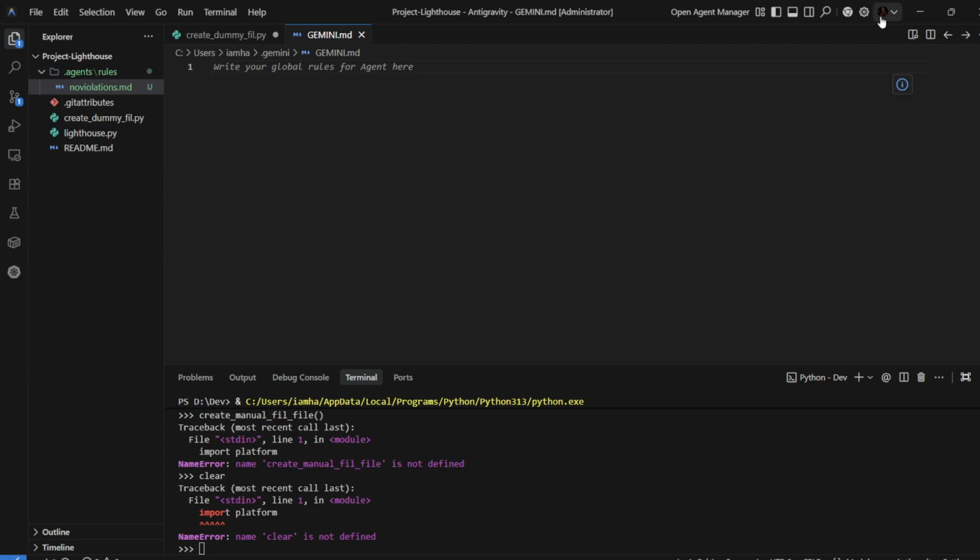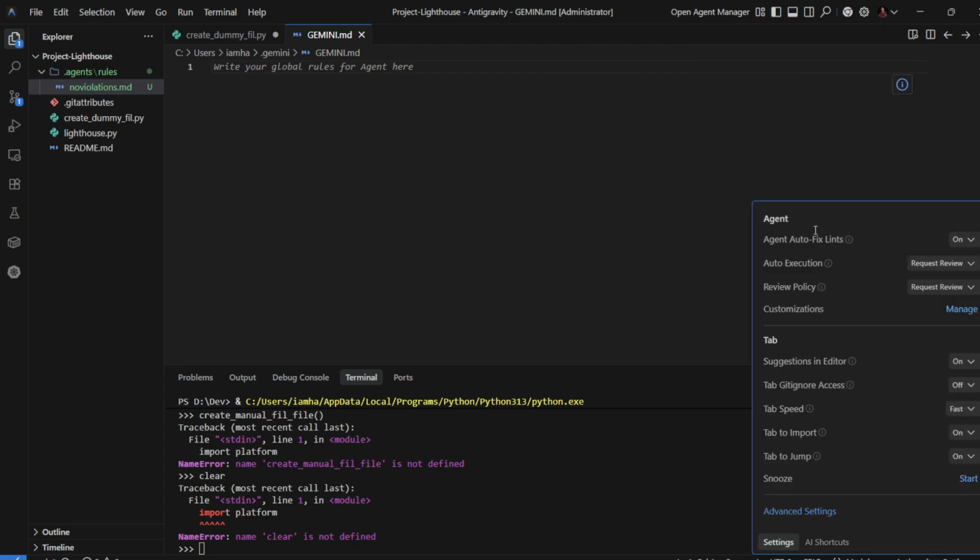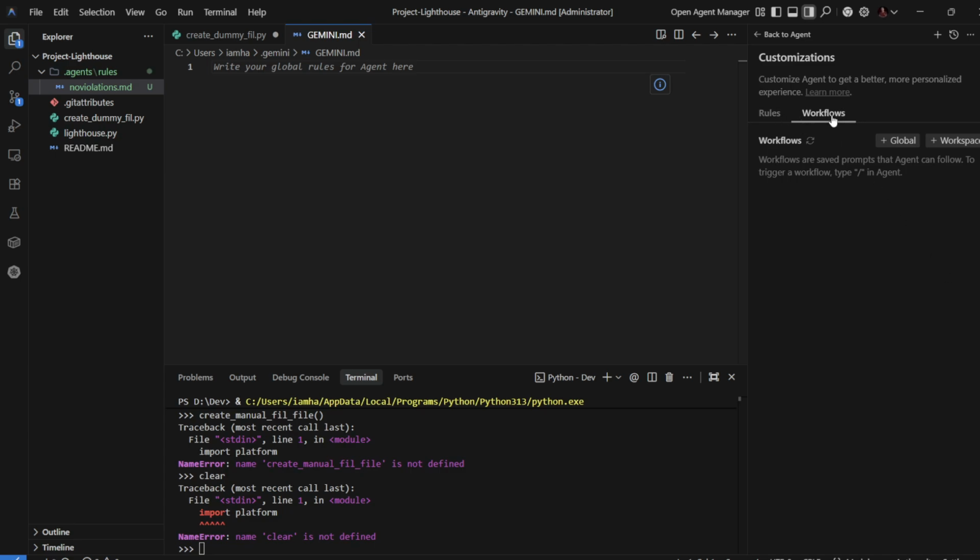So in order to add workflows, simply click over to this downward arrow just beside your profile, and from here click onto this quick settings panel. Now in the quick settings panel, you will need to click onto this manage option just at the customize option. Now from here simply choose the workflows option, and you have two options, either to add a global workflow or